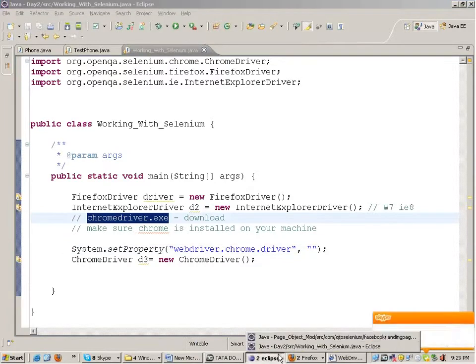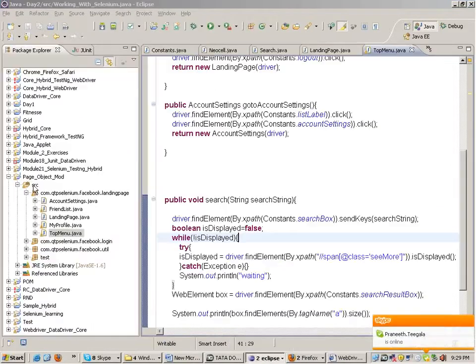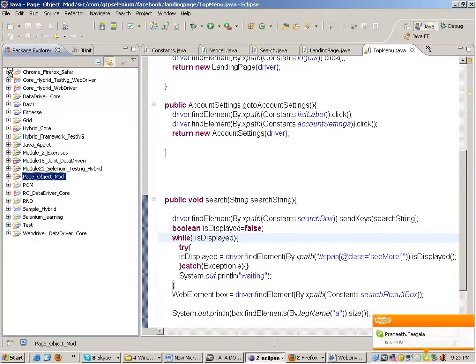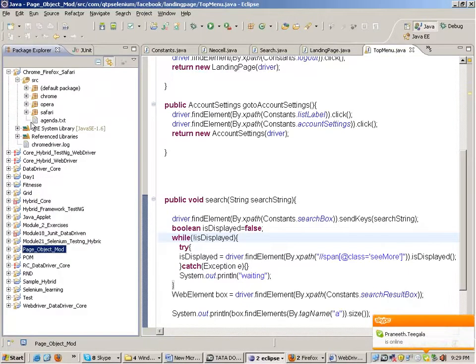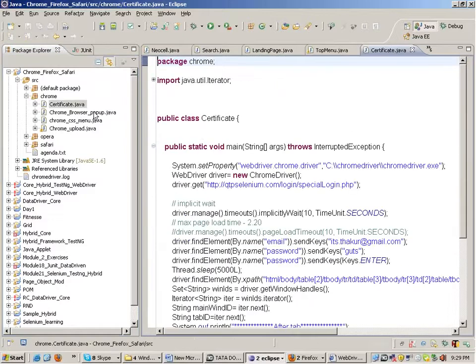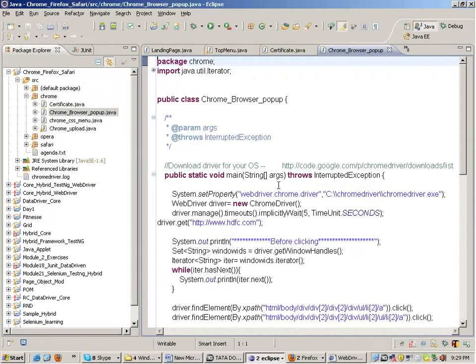Out here, the path will be... I have kept a URL. Hold on. Yeah, this is the URL.